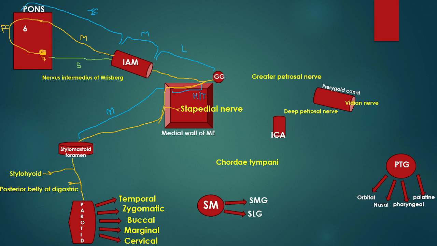And then this nerve passes through the parotid gland, but it doesn't supply the parotid gland. Very importantly, it passes through the parotid gland but doesn't supply it, and from there it gives, very importantly, 5 branches. Three zebra, bit my cat: temporal, zygomatic, buccal, marginal, cervical branch. Remember the mnemonic: three zebra, bit my cat. These are the important 5 branches of the facial nerve.